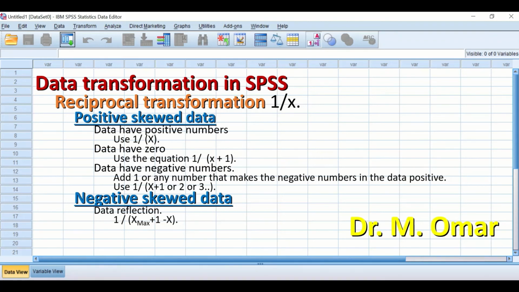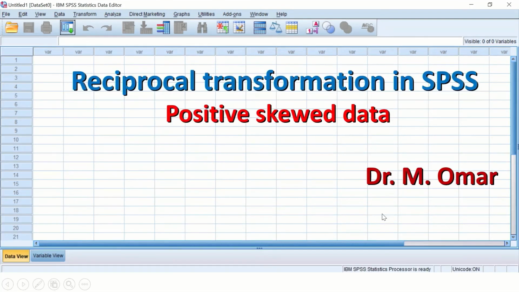So we're going to show you how to do reciprocal transformation for positively skewed data and negatively skewed data. Another way of transforming data in SPSS that are not normally distributed, or data that has outliers in it, or data that are positively skewed, is to use a reciprocal transformation, hoping that this reciprocal transformation will revert the data from being non-normal to normal, which will permit using parametric